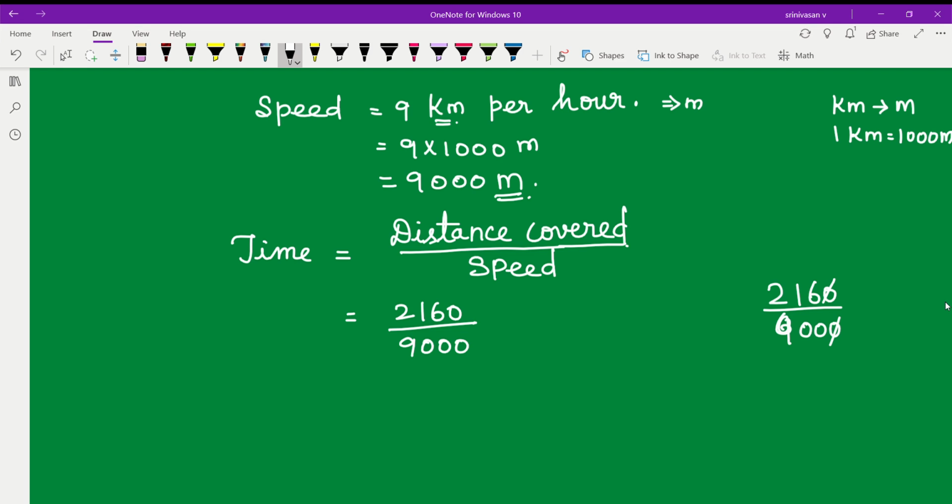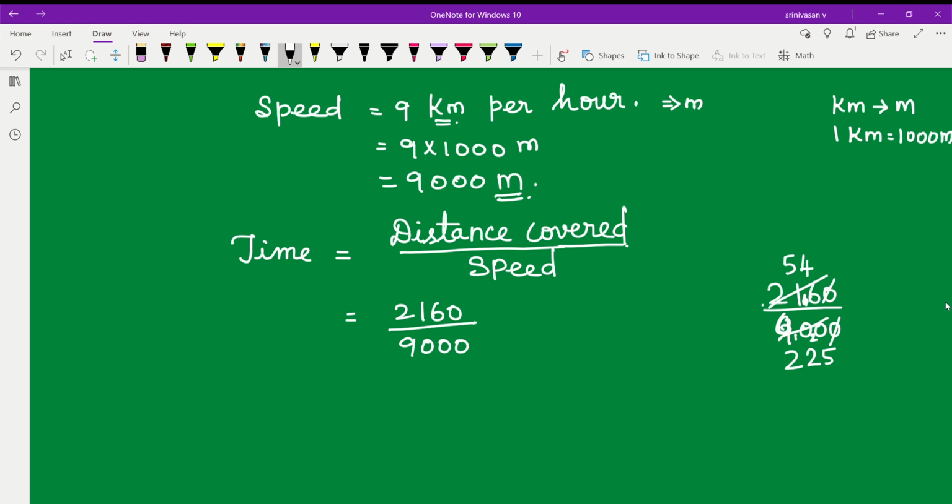Cancel the zeros first. Next, we will use 4 table to cancel this. 5 4s are 20 and 4 4s are 16. 2 4s are 8. 1 remainder. Again 2 4s are 8. 2 is the remainder and 5 4s are 20. Now we have 54 by